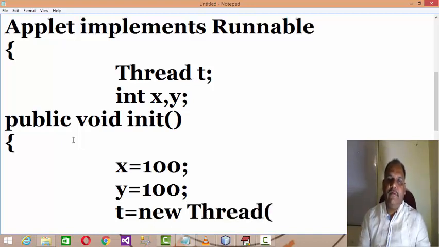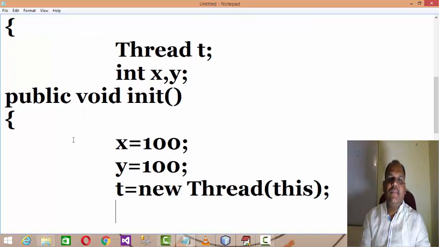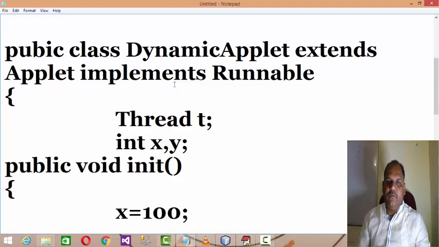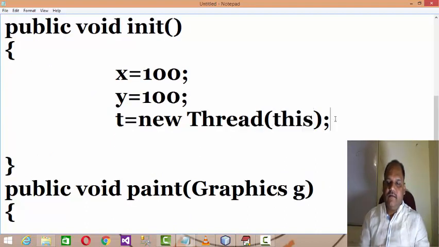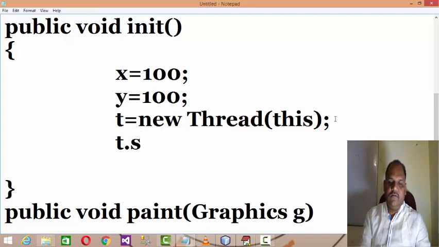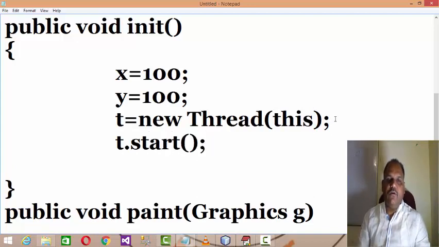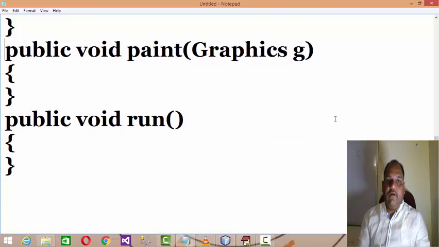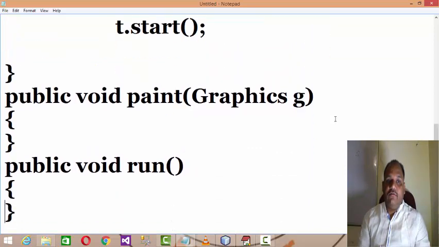While applying threading logic using the Runnable interface, we need to create the instance of Thread, and here you need to pass this, meaning the current object, the object of this current applet. Then using the object of the Thread class you give a call to start, and start gives a call to run. We refer to the threading sessions again if you have difficulty understanding these steps, right? Obviously when you give a call to start, it directly gives a call to run.